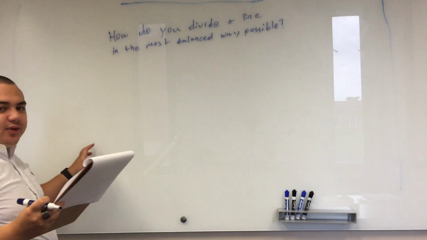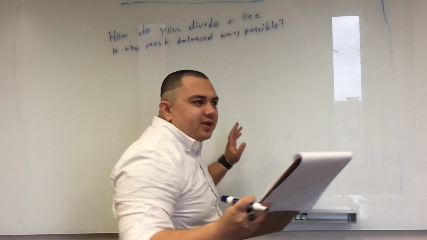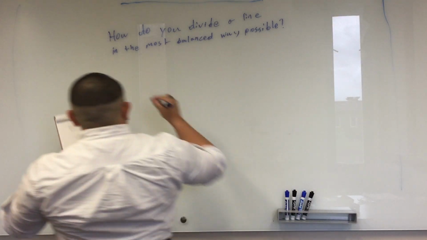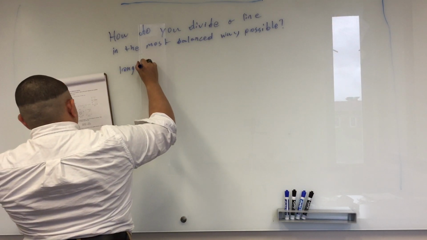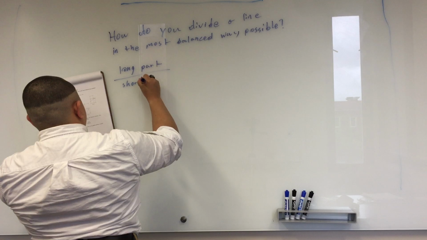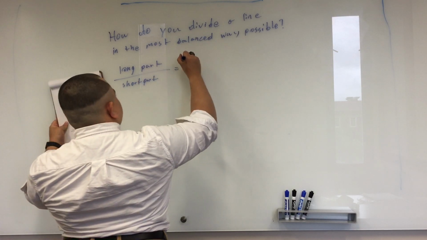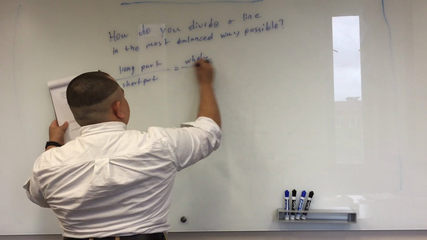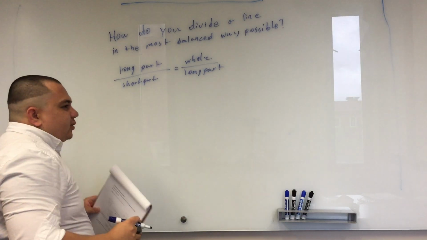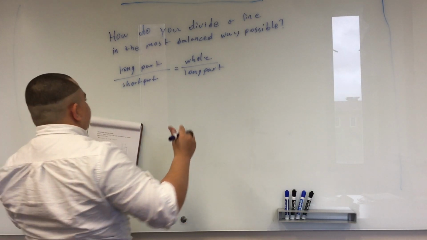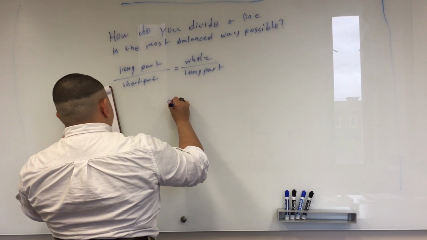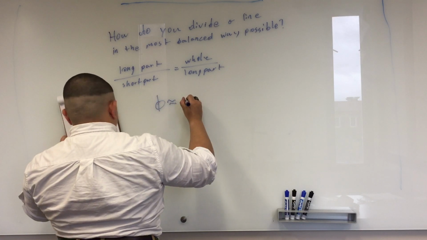So the Greeks weren't looking for halves, they were looking for this idea of harmony. They discovered a special way to divide a line such that the long part over the short part is equal to the whole over the long part. And it's a sort of self-replicating division that became known as the golden section, the golden ratio. So this would come out to be equal to roughly